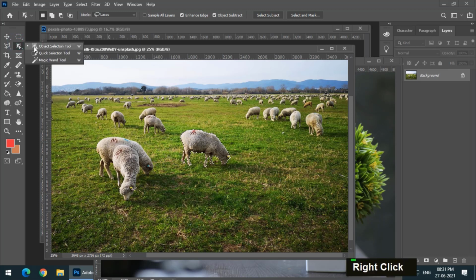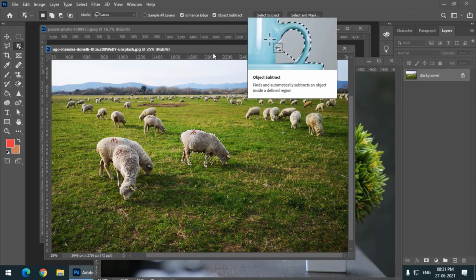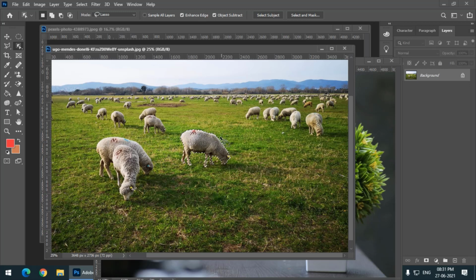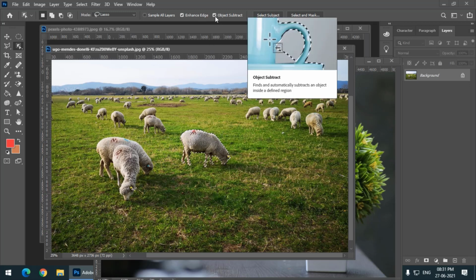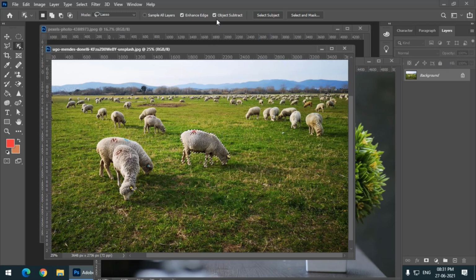So this is the Object Selection tool in Photoshop, which is very useful in selecting objects. It also has some properties like Enhance Edge and Object Subtract. Remember to turn on both these options, because if you don't check these options, particularly Object Subtract, then we won't be able to add or subtract any selection.